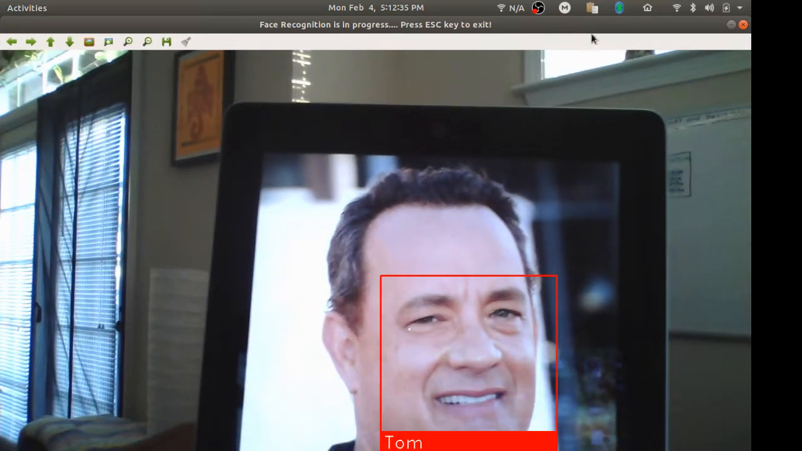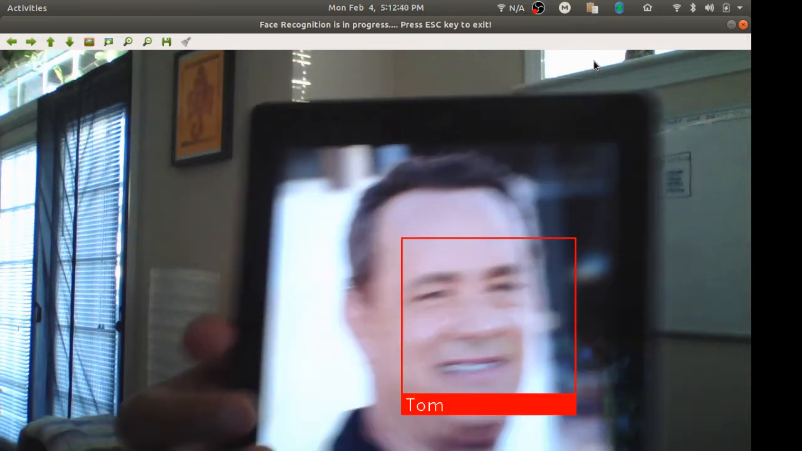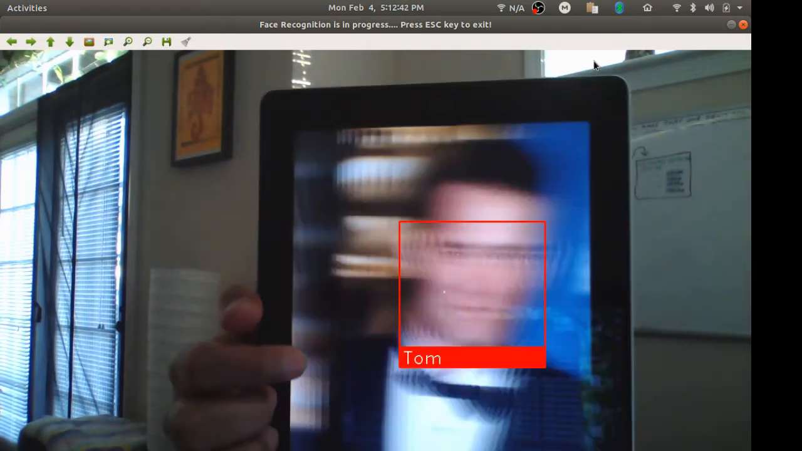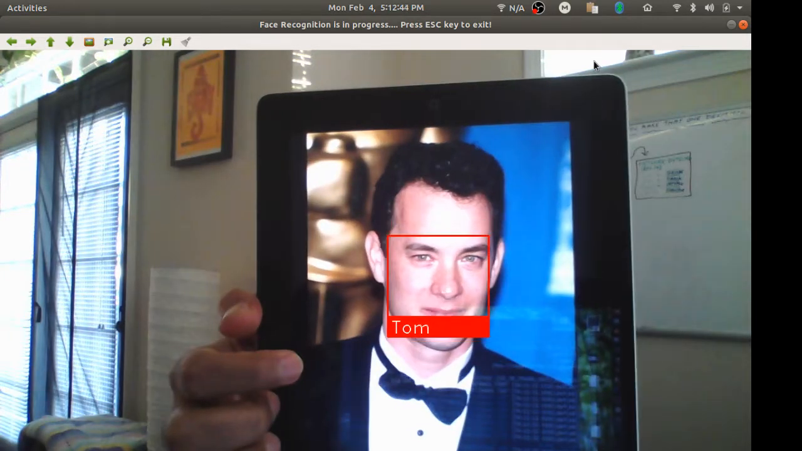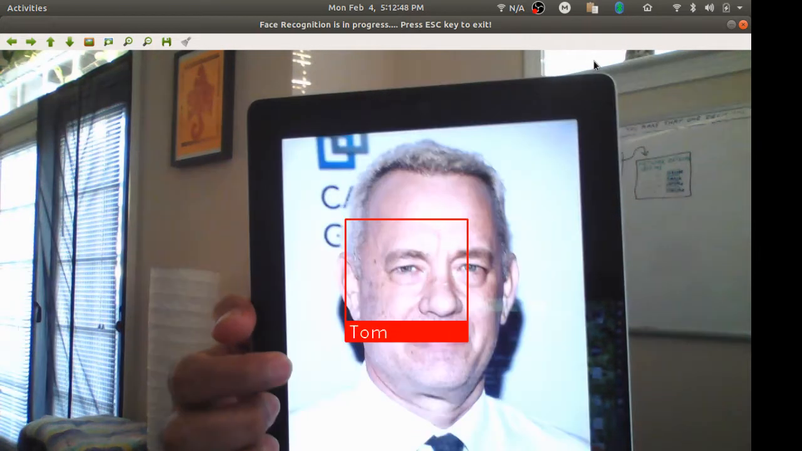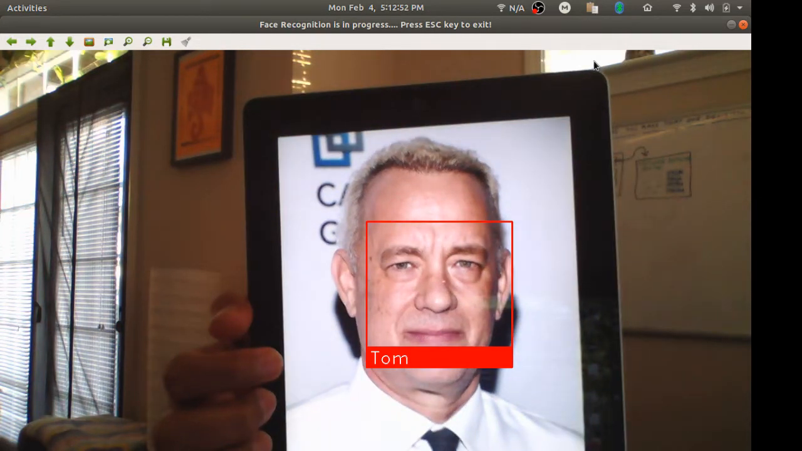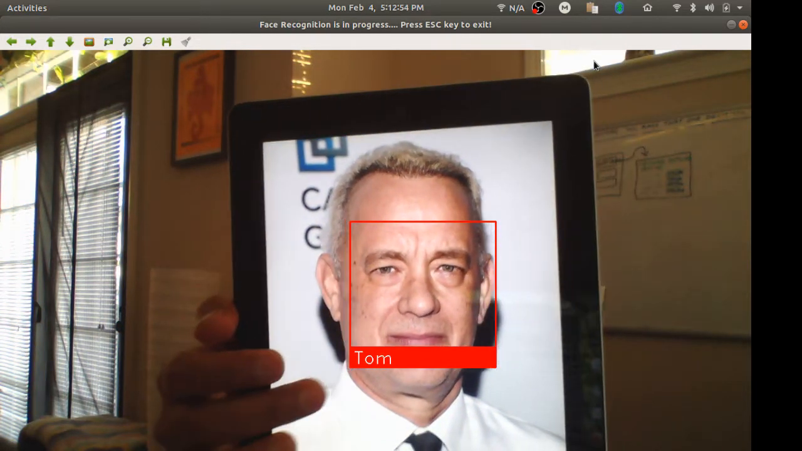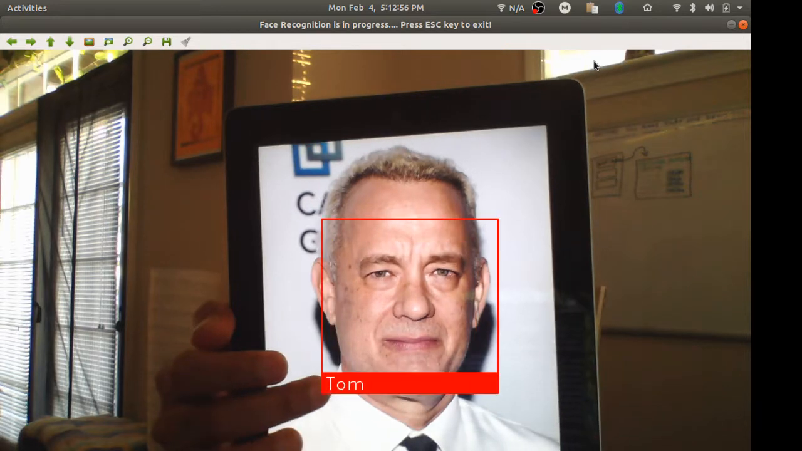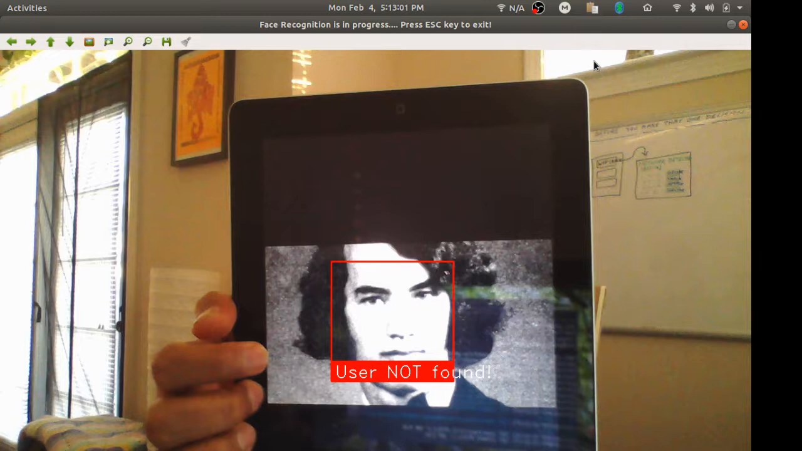So it has initialized a video and we can see Tom is identified. These are various pictures I have obtained from the internet, and we see this is a more recent picture of Tom Hanks. This is a very old picture of Tom Hanks,